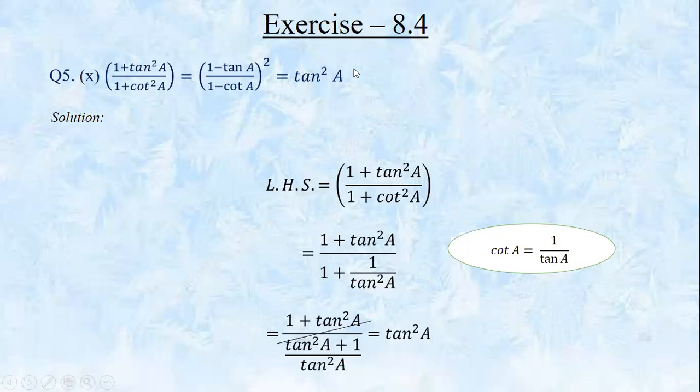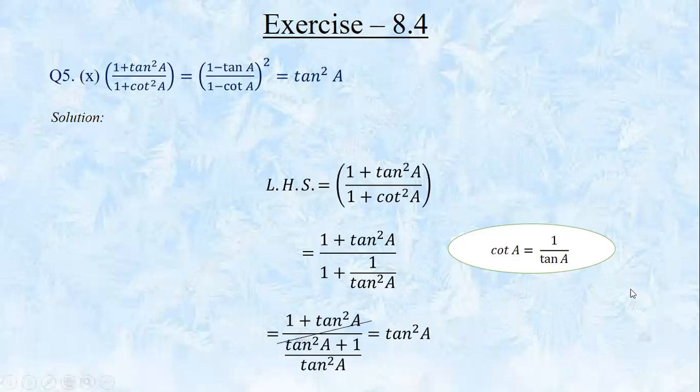And your answer is in terms of tan. So we are going to convert the trigonometric ratios in terms of tan. Cot A can be written as 1 by tan A. So cot square A is 1 by tan square A. The other terms remain the same. Let us take LCM for the denominator. We will be getting (1 plus tan square A) divided by (tan square A plus 1) divided by tan square A. So in numerator and denominator, 1 plus tan square A will get cancelled. While multiplying with the reciprocal of the denominator, we will get tan square A in the numerator. So we have proved the LHS part.